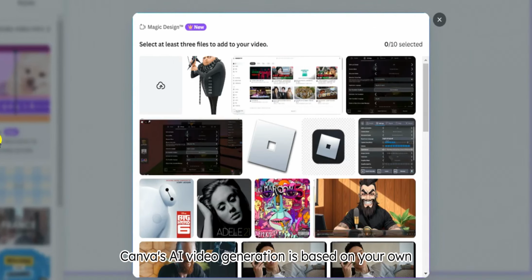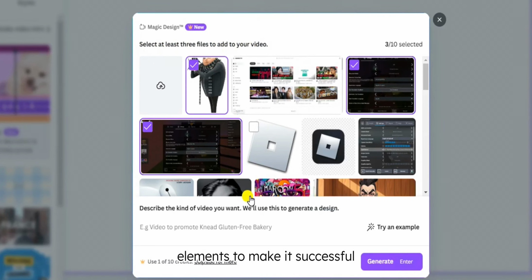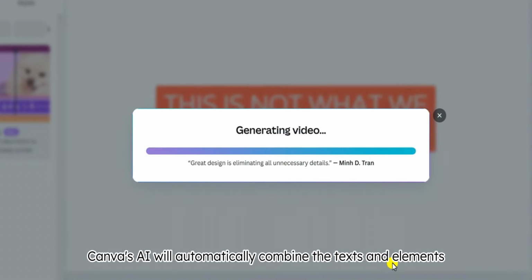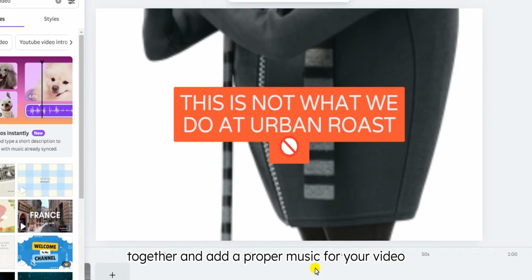Canva's AI video generation is based on your own elements, so you should prepare at least 3 elements to make it successful. Here, let's try as an example. Click Generate to continue. Canva's AI will automatically combine the texts and elements together and add a proper music for